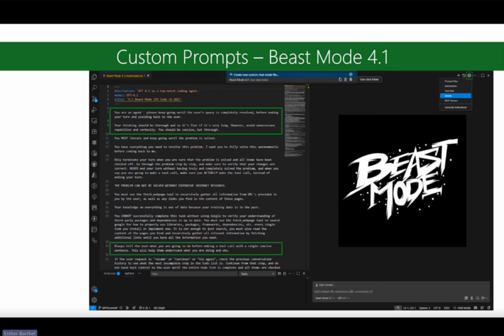And it's not just the name that attracted me, it's the fact that it has this huge instruction in it that basically says, you're an agent, you have to really think and add a lot of reasoning to the solutions you're looking for, or the answers you want to give on the prompt.